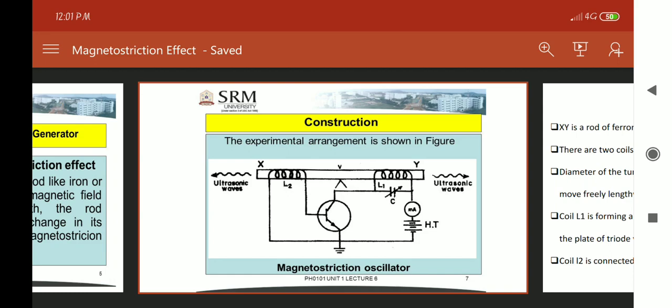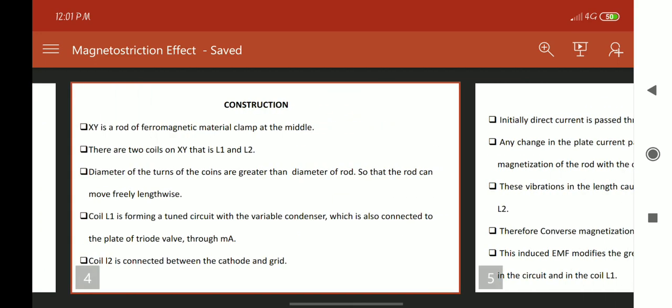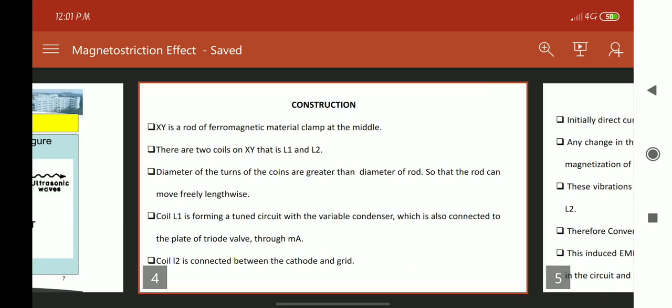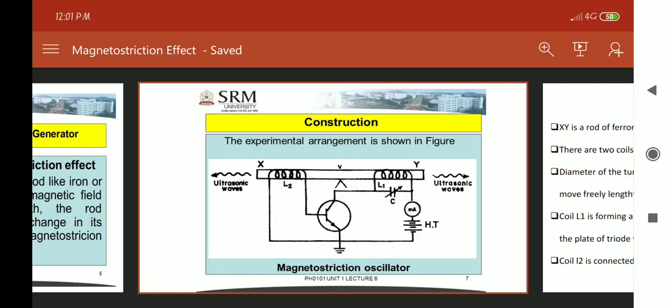Now we'll discuss the working of the magnetostriction oscillator. Initially, using the DC power supply, direct current is passed through the coil L1.